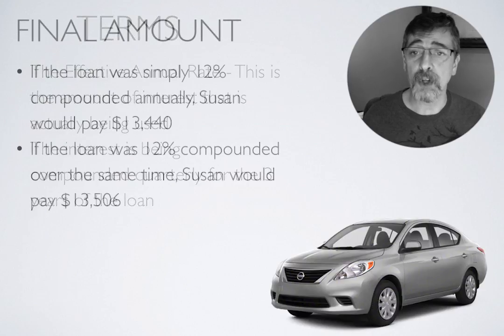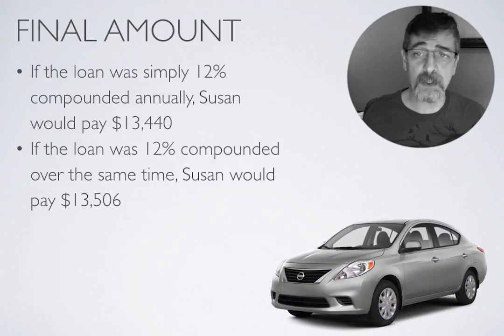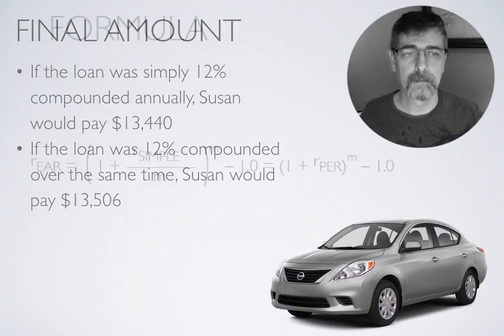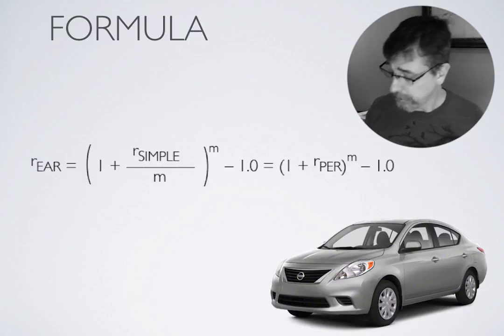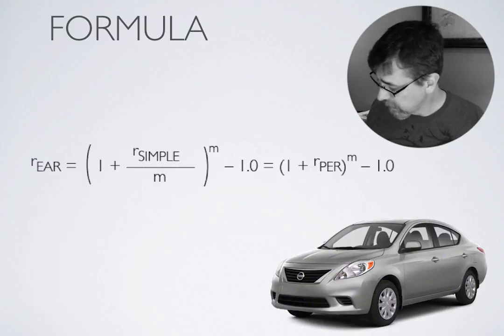And if you look at Sue's loan, if it was just 12% and it was compounded annually, she was going to be paying yearly, she would end up paying $13,440 by the end of her loan. With a loan compounded quarterly, she's going to end up paying slightly more, $13,506 at the end. So using the equation in our textbooks, I was able to replace the simple interest rate